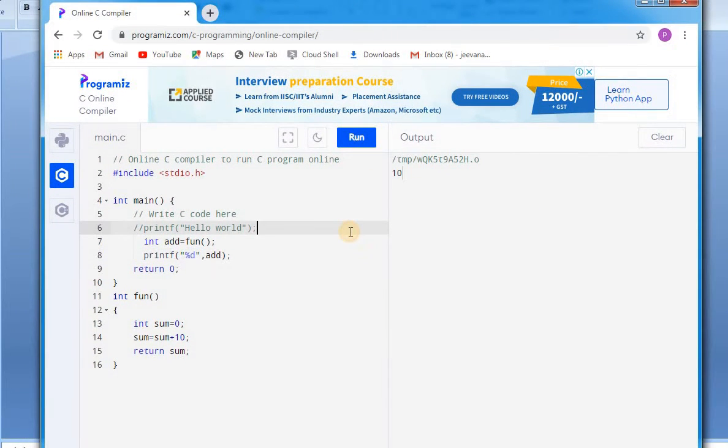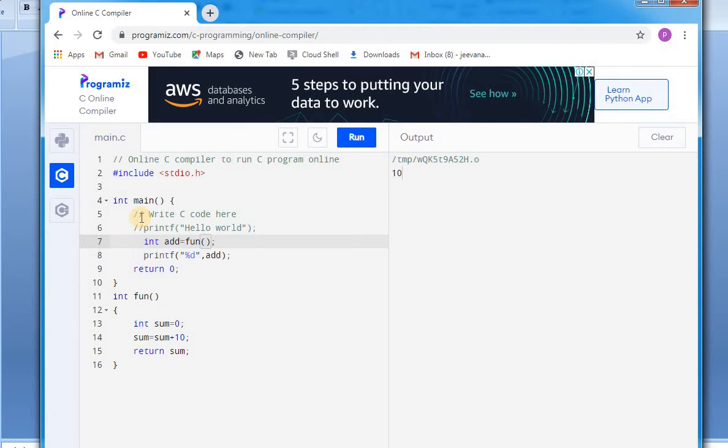So first, this one is with return type and without parameters. I have not passed any parameters in this. So let us write the code. First, int main, which is a predefined function.